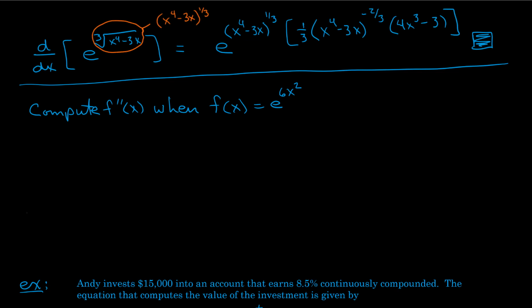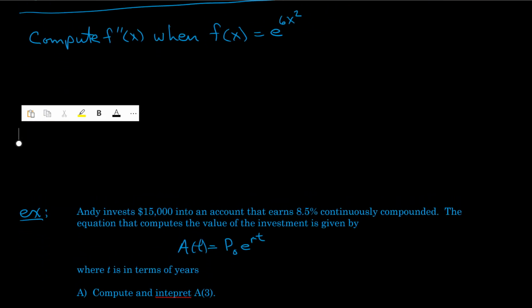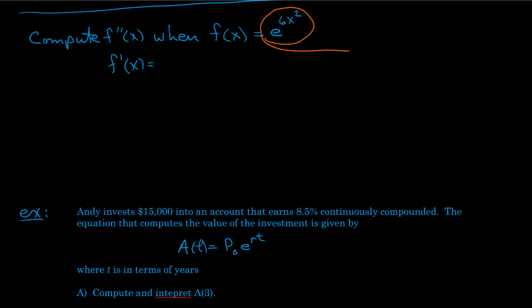Let's move on and take a look at, not a derivative, but now a second derivative. If you recall, to get to a second derivative, the first thing you need to do is to compute the first derivative. So to compute the first derivative, I'm going to look at this function right there, and it's e applied to the 6x squared. This is going to be a chain rule, but that's fine. With a chain rule, the first thing you do is take the derivative of e, which is pretty straightforward. It's just going to give us back e to the 6x squared